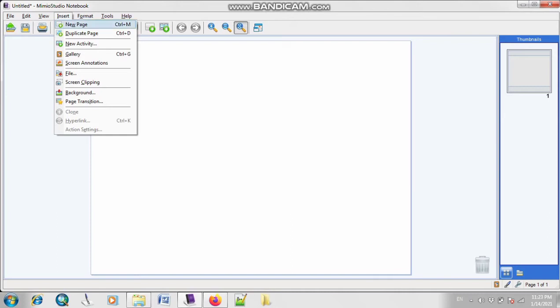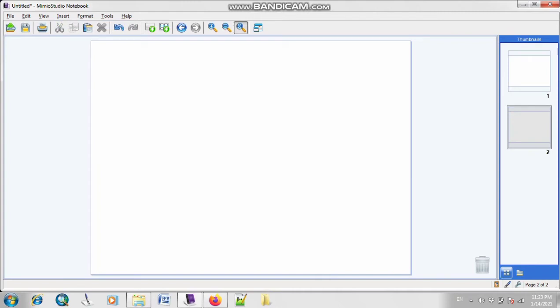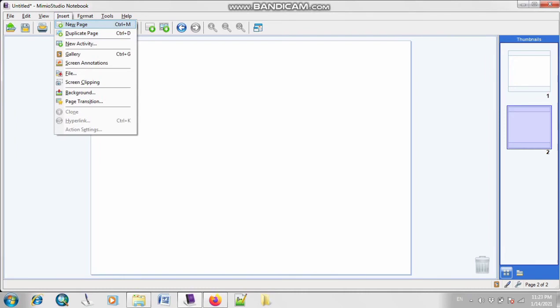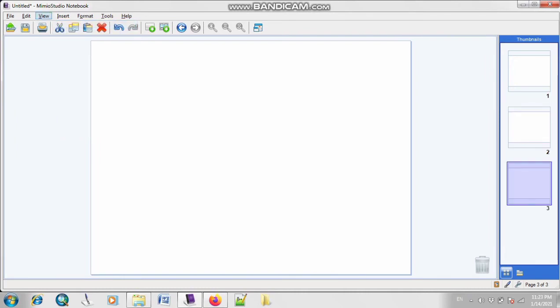So this is basically the new page. As you can see, this is the icon of your new page. If you click on this, as you can see, a new page is automatically added. Because I have not typed anything over here, nothing is showing on these pages. So if you click on this option, pages will be added to your screen.